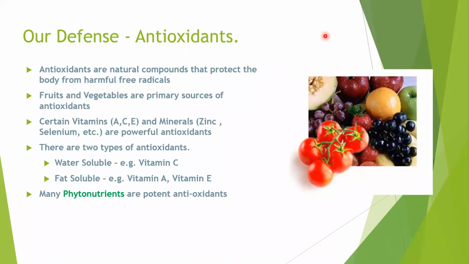So as we know, God has provided us beautiful nature. We have in our defense something called antioxidants. Antioxidants are natural substances which are found in nature, which have the capacity to neutralize the damage which is caused by free radicals. How do they neutralize? They have an extra electron to give so that they can balance the unstable atom and thereby minimize the damage. So luckily for us, the same vitamins which we were talking about work as antioxidants.